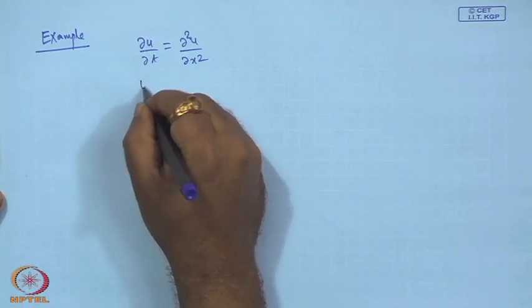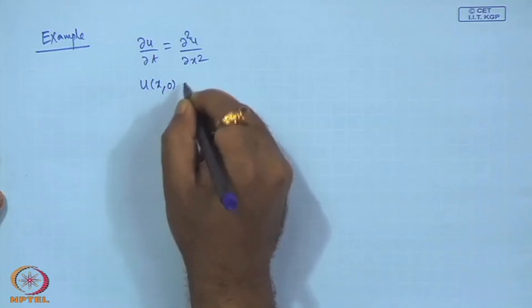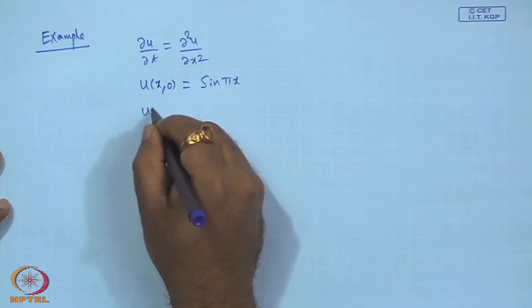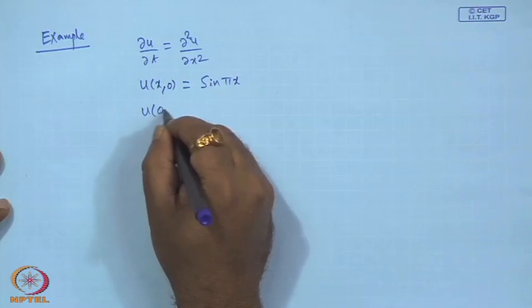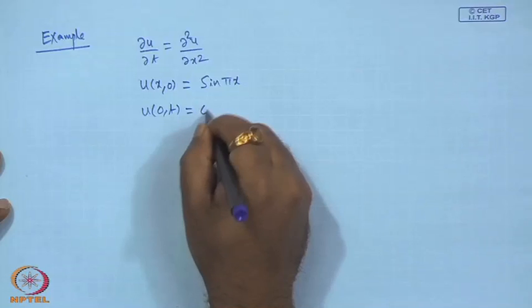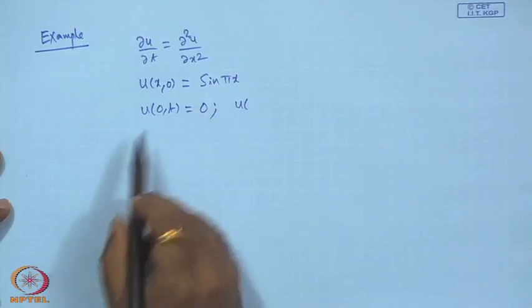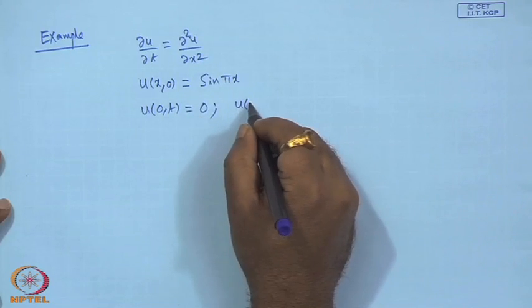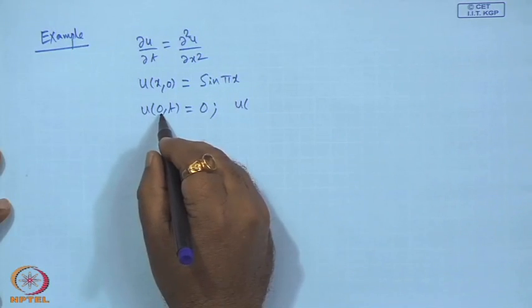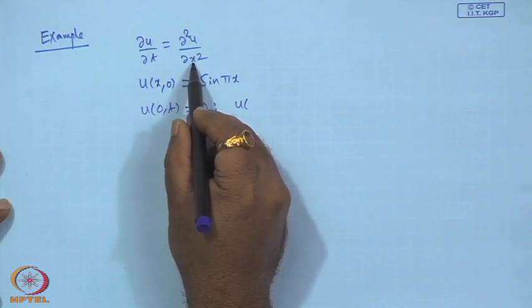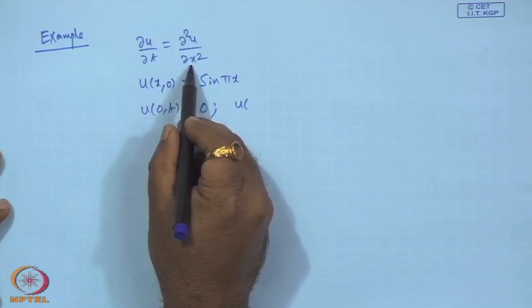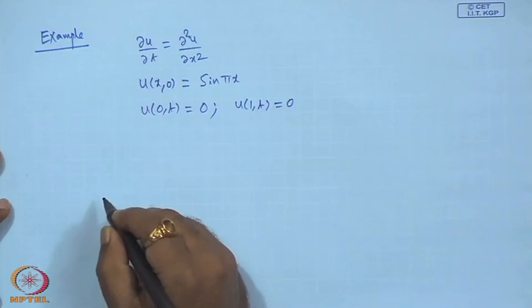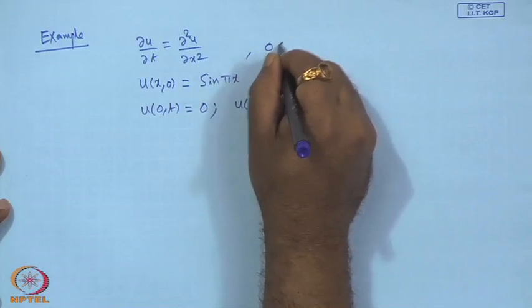Okay. So, u of x 0 is sin pi x, u of 0 t equal to 0. Now, see, this is one time derivative and two space. Okay. So, we need the boundary. So, this is two boundary conditions. Okay. Why? Because this is second order with respect to space. So, u of 1 t, this is also 0, and the problem domain is